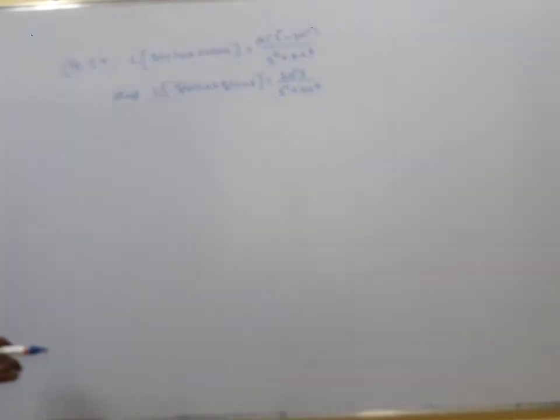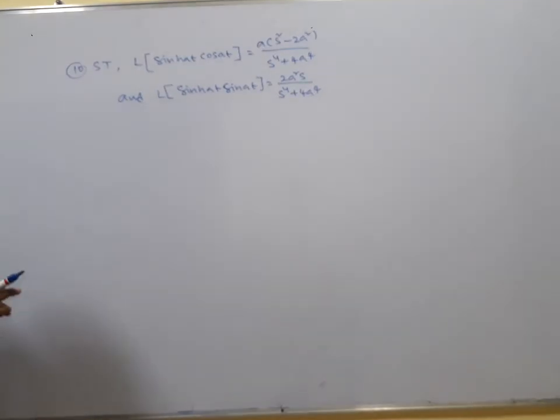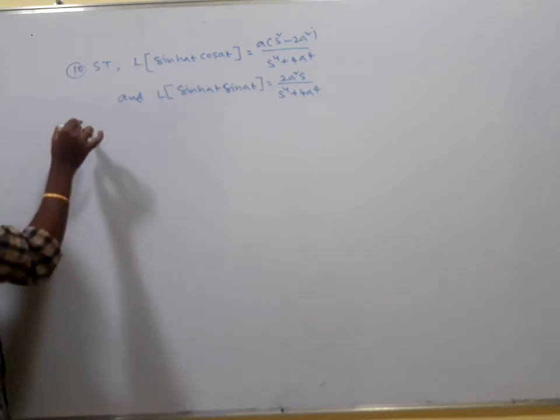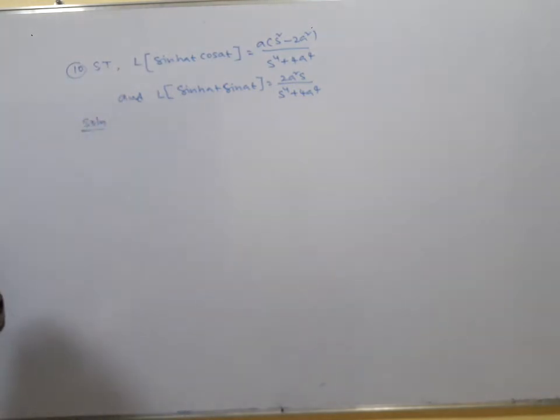If I am taking f(t) = cos at, you will get F(s) = s divided by s² + a². Sinh at, it is nothing but you will get that answer. Or I am trying to solve in a different way. First I am going to find the Laplace transform of, now you can solve by using the previous property also you may solve it. As compared to that, I will get the two answers directly.